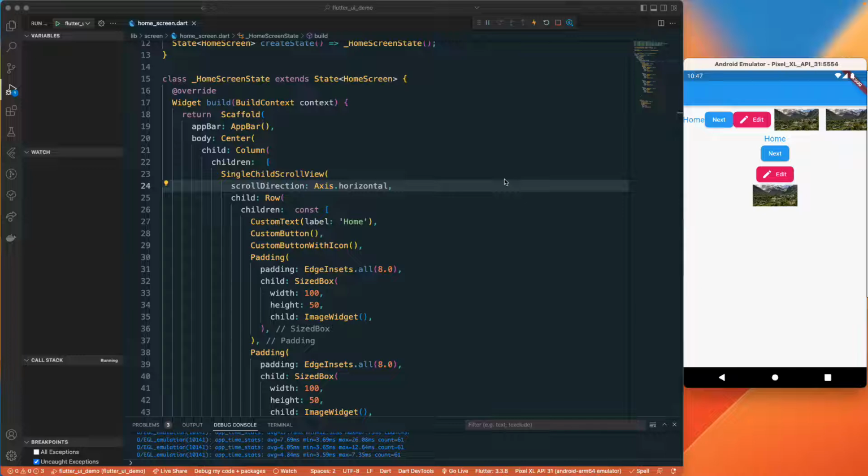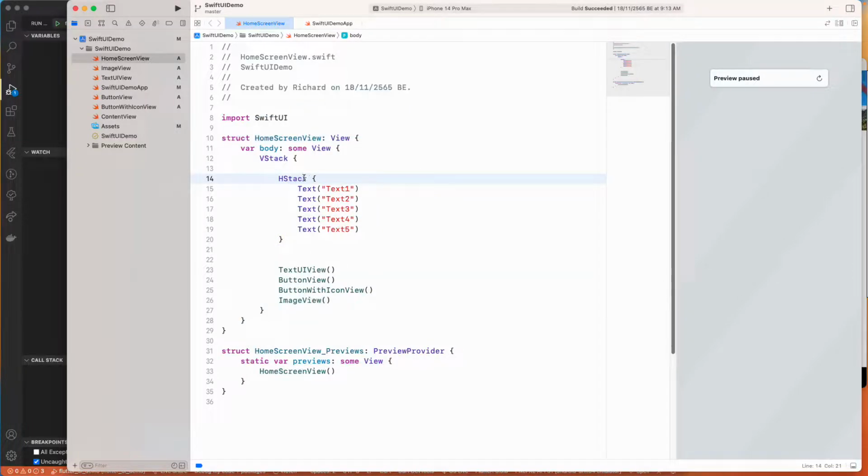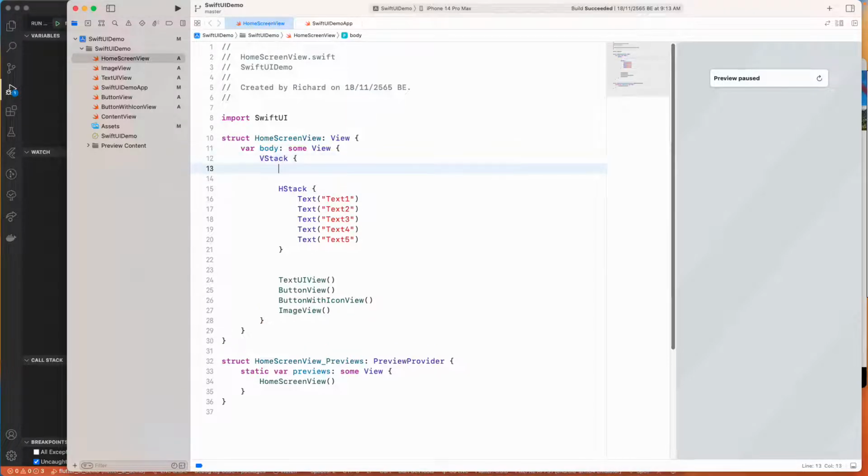The next thing is that we need to do the same for our SwiftUI and also for Compose. So let's move on to our next project on SwiftUI. We are here on our SwiftUI demo project, which is on Xcode. I will go to my home screen view, and on this particular view stack, let's add a